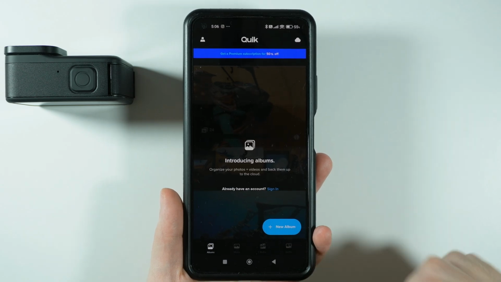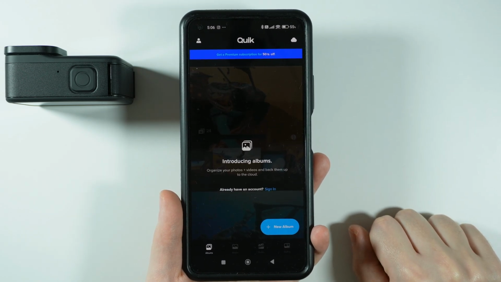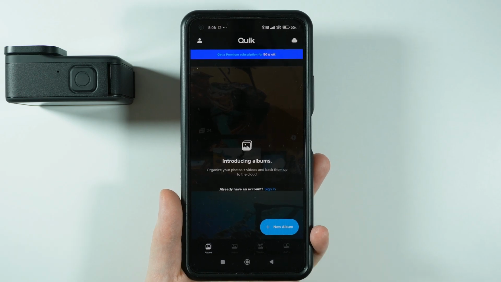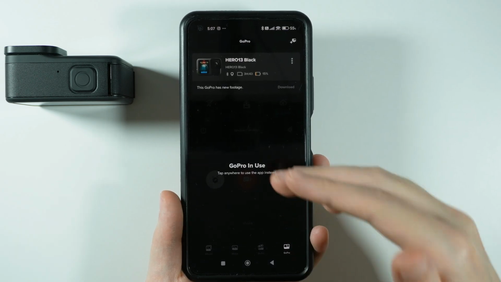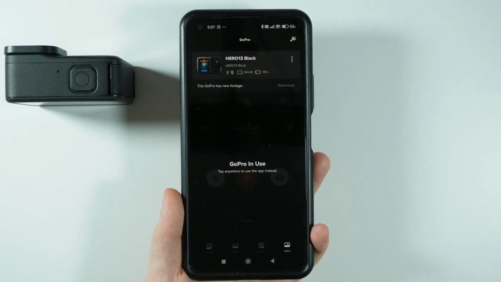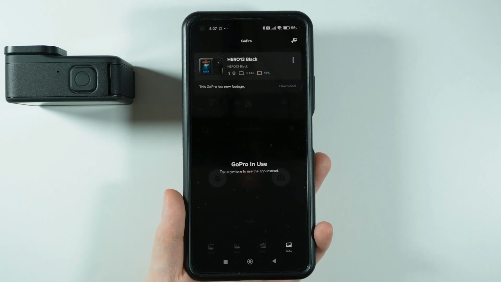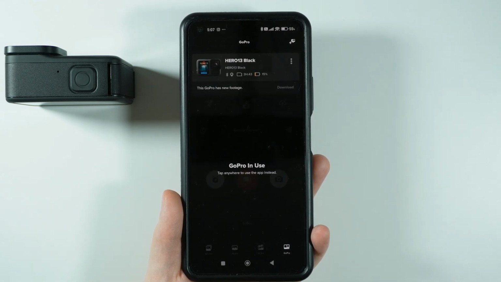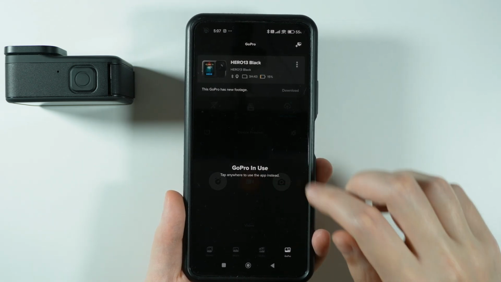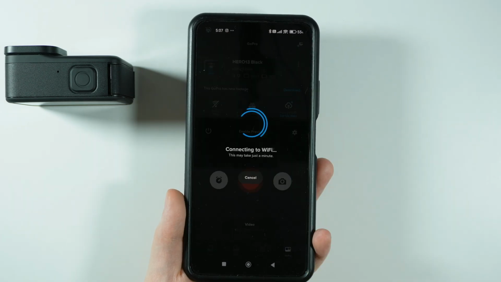And then you might see the initial configuration where you will be asked to connect your GoPro immediately, so you can of course do that. If not, then you can switch to the GoPro over here, and here you should be able to start searching for your GoPro while being in the pairing mode that I showed you just a couple of seconds ago on the GoPro. But once you are connected, then what you need to do is tap View Media over here,